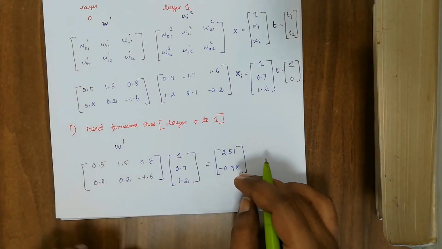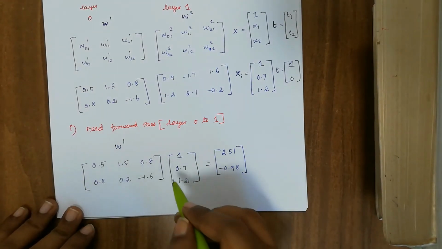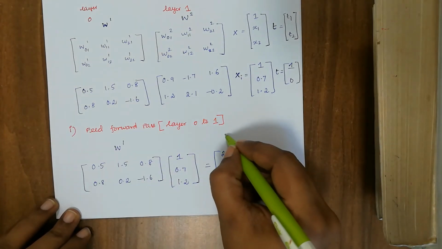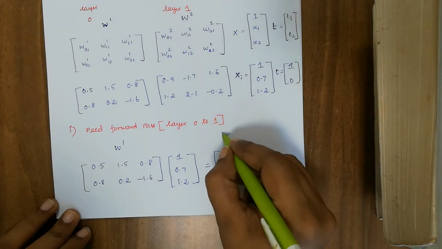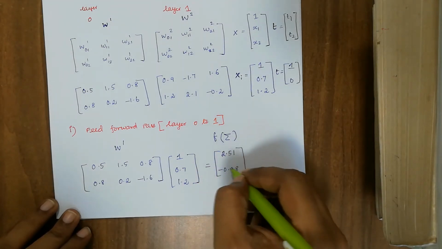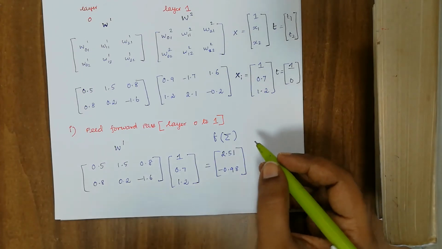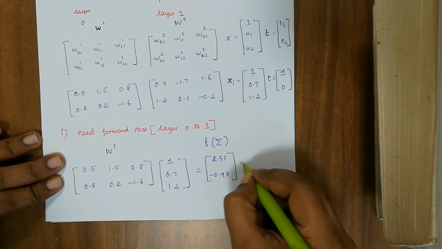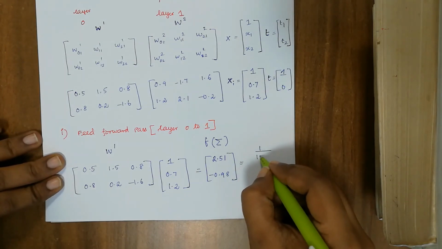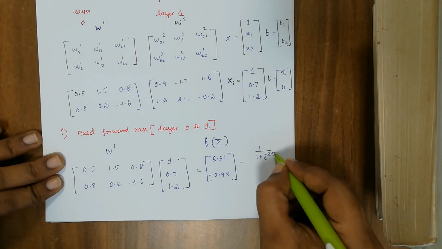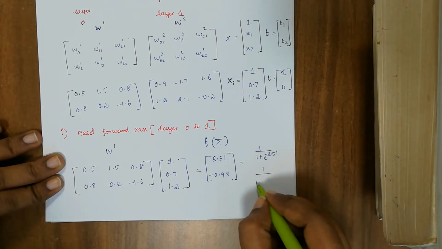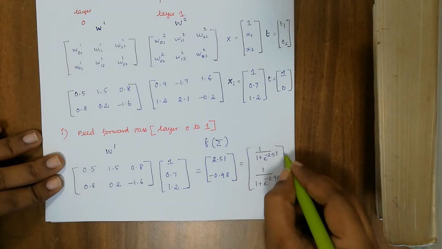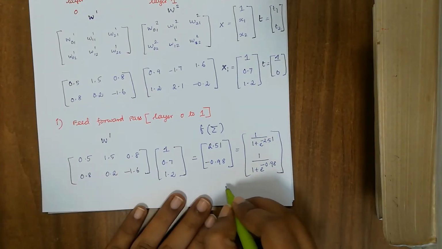This is only after taking the dot product of this matrix along with this vector. Okay, now this is the summation form. Now I have to apply a nonlinear function f on the summation value, which is of the form of sigmoidal nonlinearity. For that we can make use of 1 divided by 1 plus e to the power minus 2.51. Similarly 1 by 1 plus e to the power minus 0.98. Okay, if we take these values, what we may get is the value